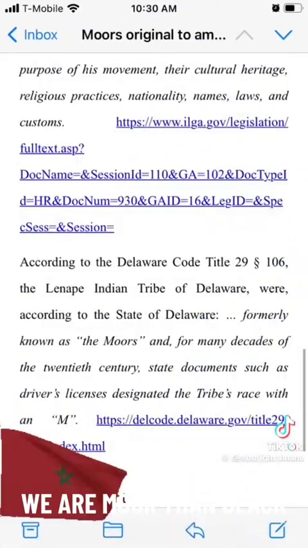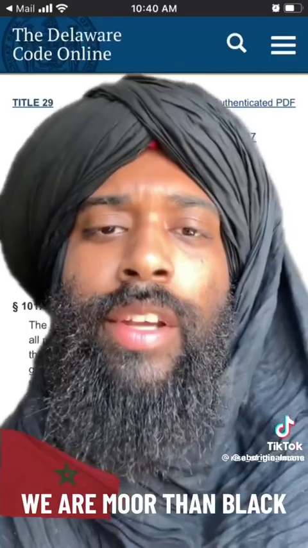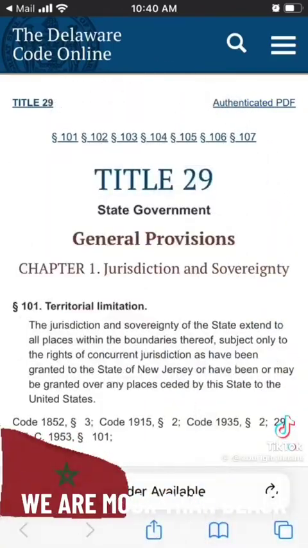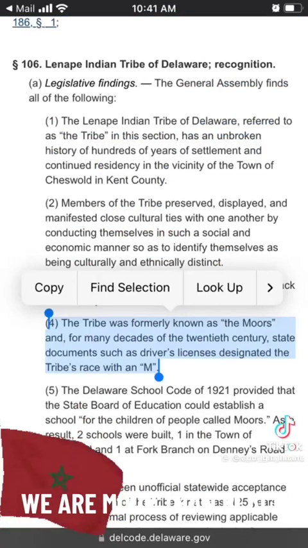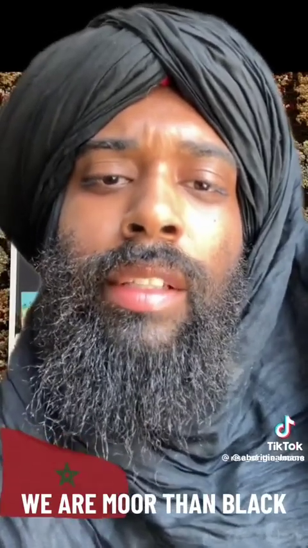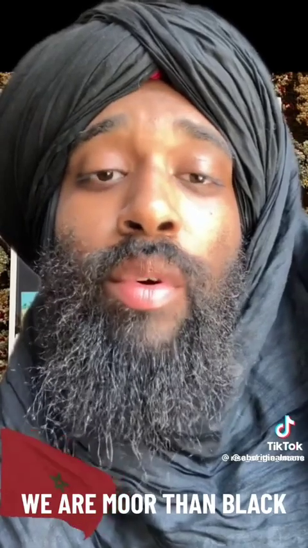Well, here down below you see the Delaware Code, Title 29, subsection 106. The Lenape Indian tribe of Delaware was formerly known as the Moors. And here's that same information from the Delaware Code from their own website. And as you see at the bottom, it says delcode.delaware.gov, meaning .gov. Now, the Delaware government admitting that the Lenape Indians are Moors is very important, and it was